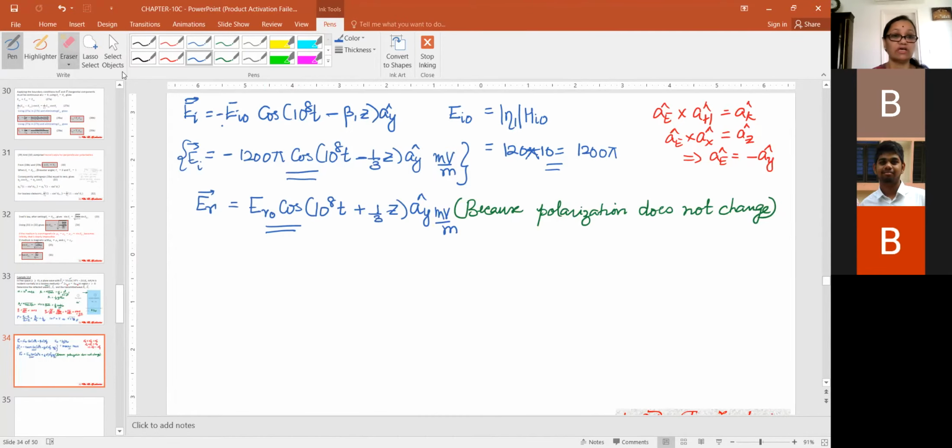Okay, I've not got it. I need to substitute. So what is my ER naught? Anyone? What is the relationship between EI naught and ER naught? ER naught by EI naught is going to be equal to the reflection coefficient. And what is the value of reflection coefficient? Reflection coefficient was 1 by 3. Okay, so from this, you write down ER will be equal to, what is ER naught?